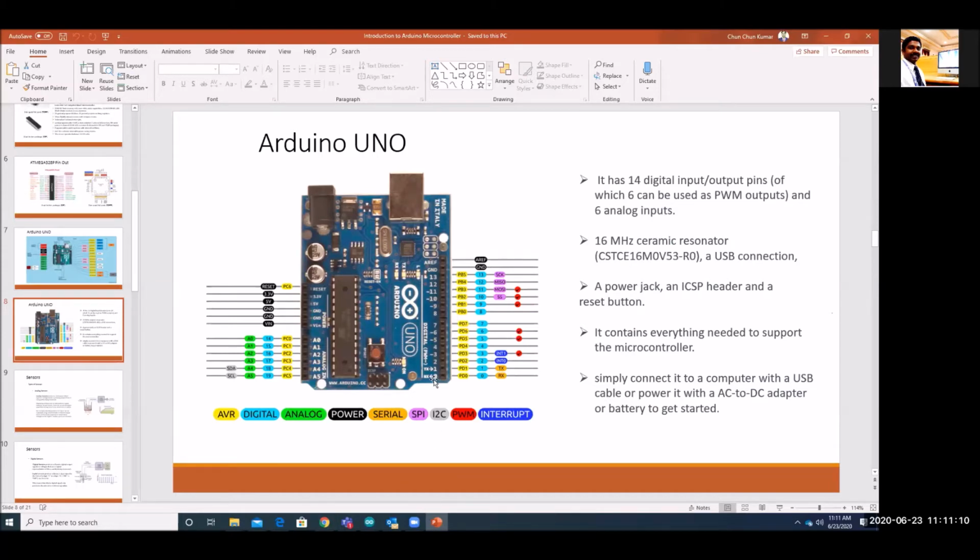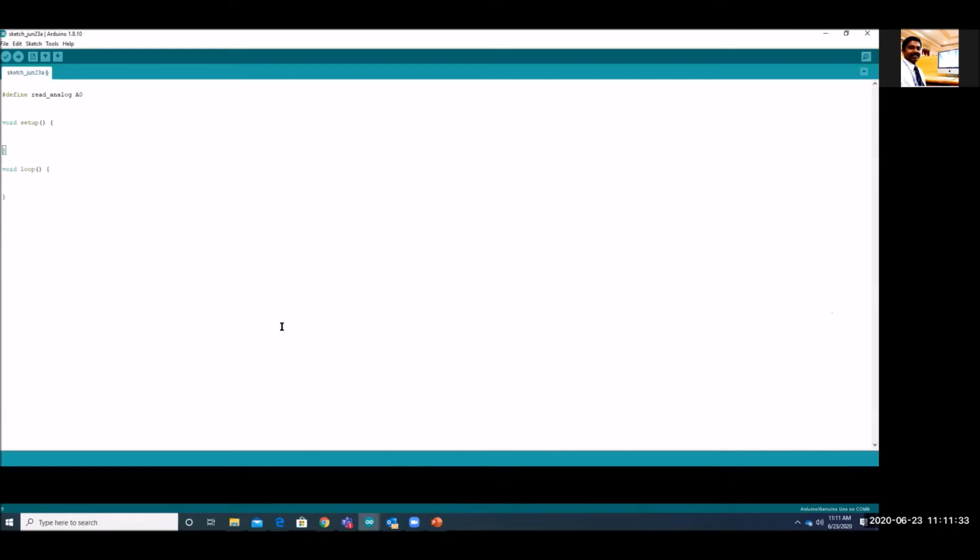Here, as I said, we have the serial communication also. We will read the data and pass it to the serial, and this serial data flows through the USB also. So you can see in the computer whatever data value comes from the analog pin. I will program it in such a way that it will display in the computer also. So here I have defined an analog pin, that is our A0 pin.